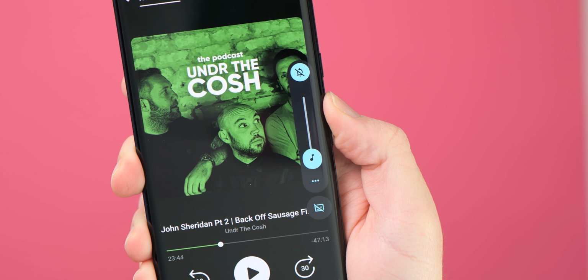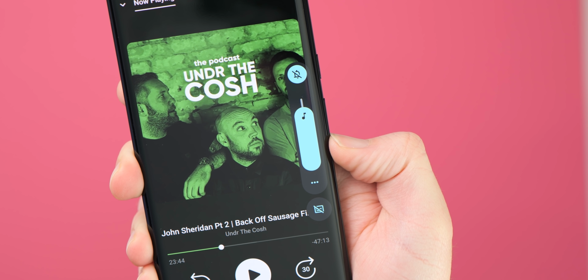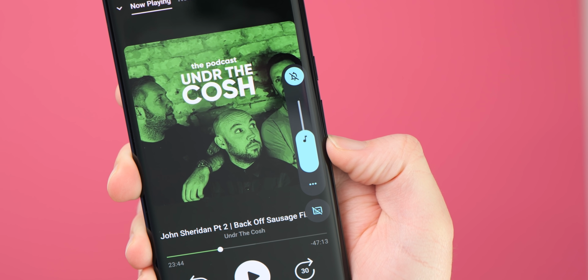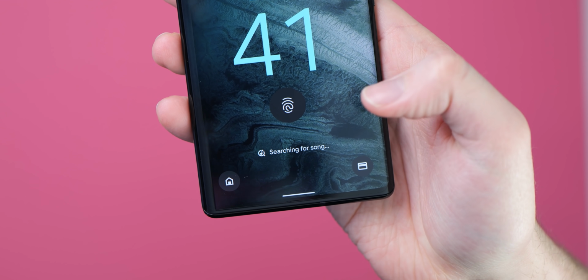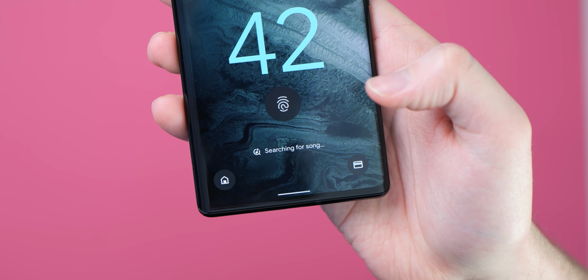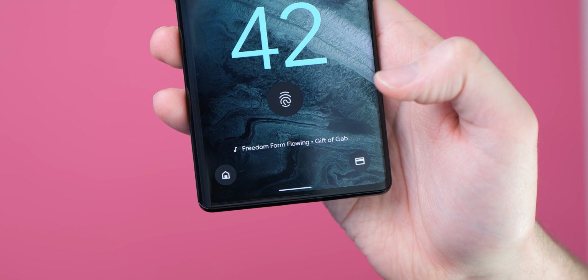There's a fix for issues that cause the on-device microphone to cut out during calls in certain conditions here too, along with a resolution for issues that sometimes cause occasional audio glitches when adjusting your on-device volume level, and when audio playback from speakers just appears to fail. Finally, on Pixel 6 audio tweaks, there is a fix for an issue that prevents Now Playing searching for unrecognized music using that new feature that was added, or at least was rolling out,